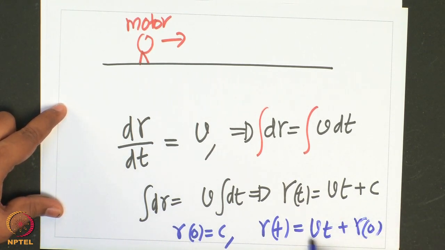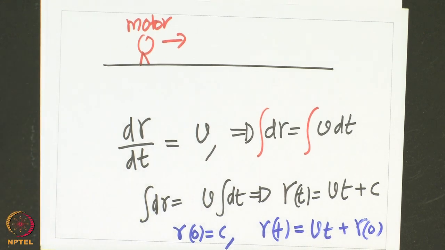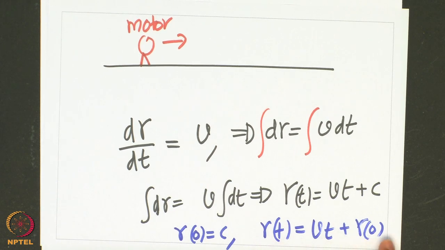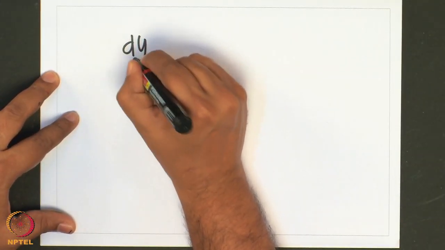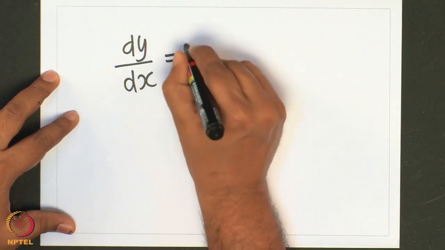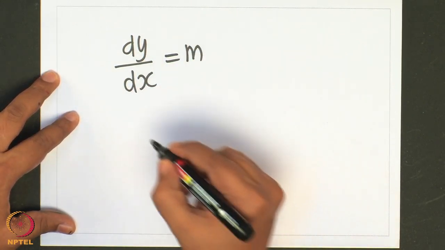So, if I know the initial position of the motor and if I know the speed of the motor, I can calculate the position of the motor at any time t by simply integrating this function. The point to remember in general is that if you have dy by dx, some slope that we know, and we know this slope,